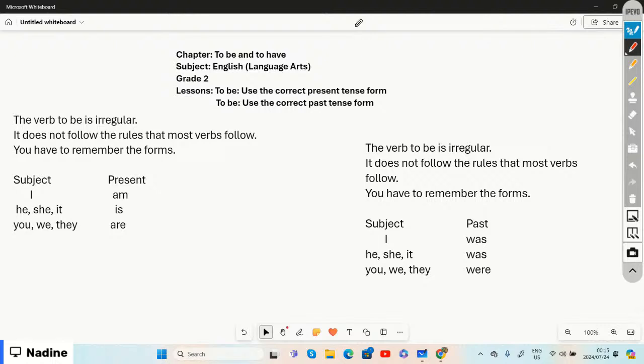All right. So you're going to have to remember the forms. But now we're going to our subject, right? If we look at the subject and we look at the present tense verb,